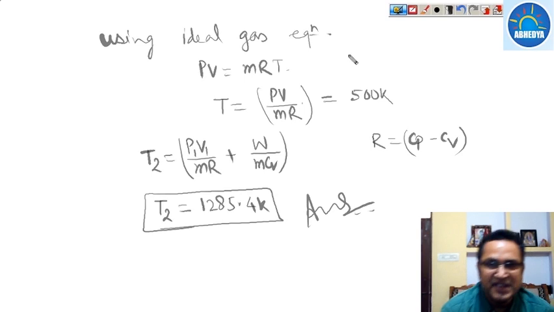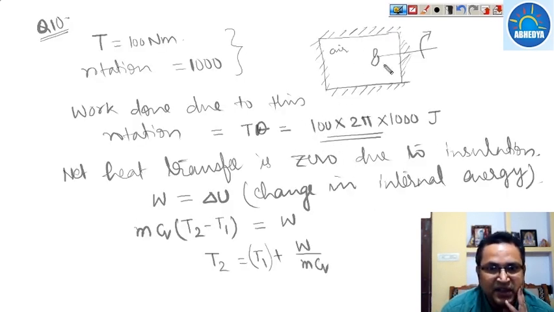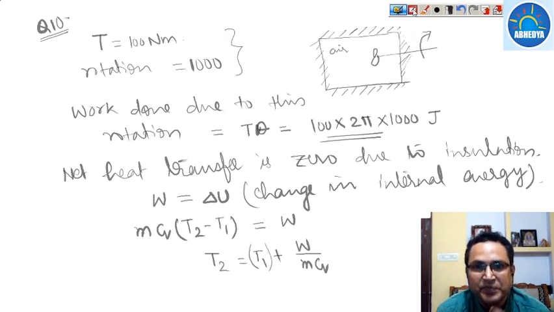The basic thing is that you have to know how to find out the work during the stirring process, and this work is basically nothing but the change in internal energy, because this is your internal work and this internal work will be used for changing its internal energy. And because the work is being done, the internal energy will increase, so the final temperature will obviously be greater as compared to its initial temperature.